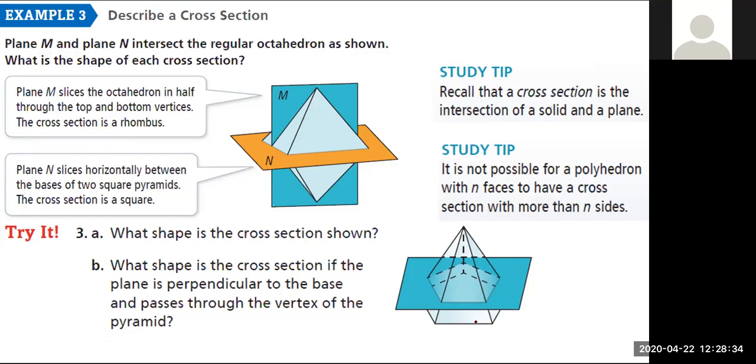So let's say I drew a line along the base that was right about here. And I wanted to bring that straight up. If I brought it straight up the triangle, it intersects the top of the triangle right about here. So then if we connected those lines,